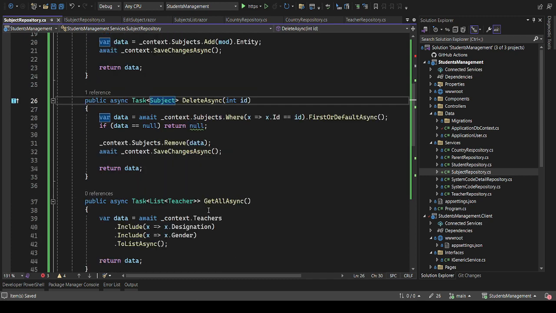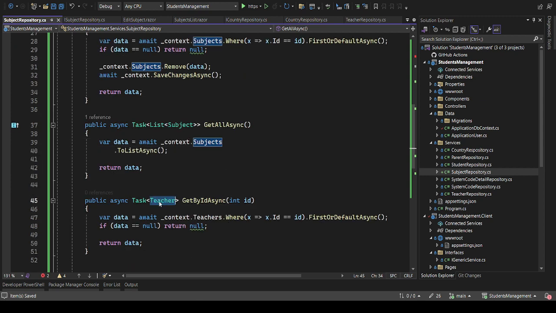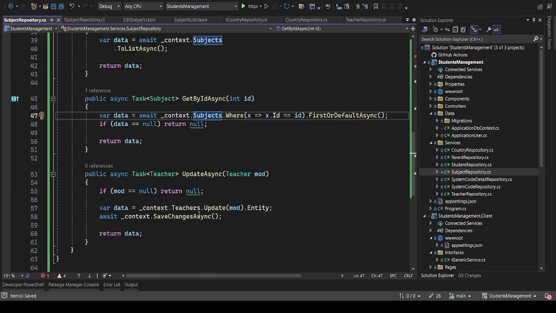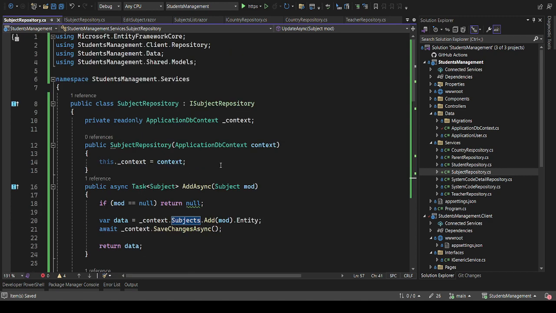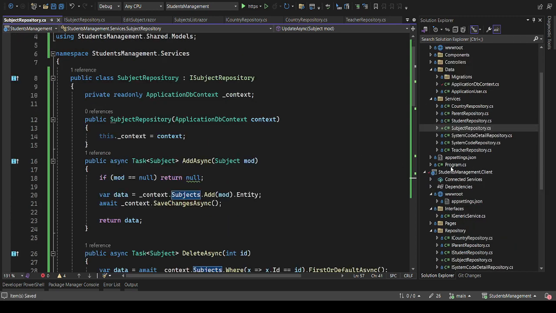Then here is subject, getting all the subjects. So I'll just do subjects. Then I'll just remove that. Then I'll do here subjects. You're getting a subject by an ID. I'll just do subjects. Then here I'll do as well subject. Then this is subjects. So after I'm done with that, then I'll just come back now, come to my program.cs